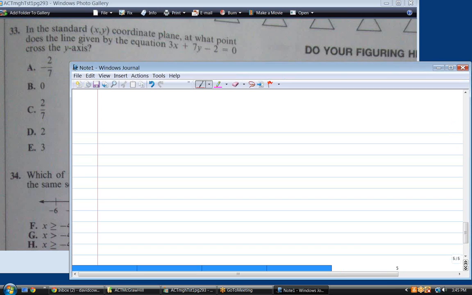Alright. So, at what point? Oh, this is standard form, right? So then, oh, I never remember how to do this. Okay. You have to,